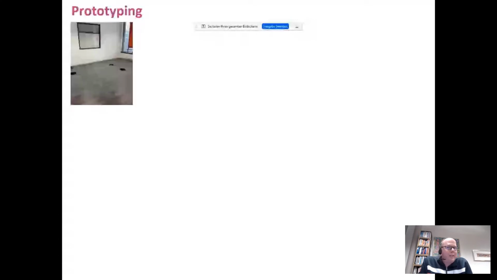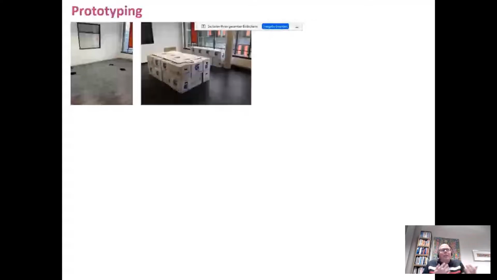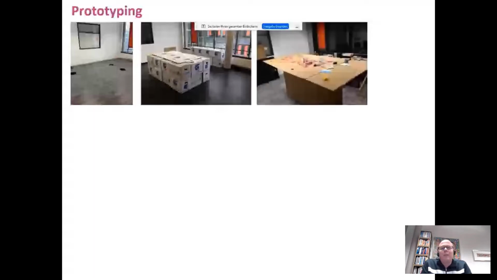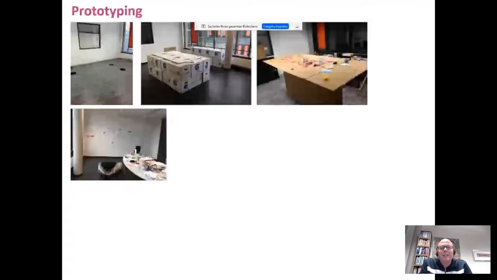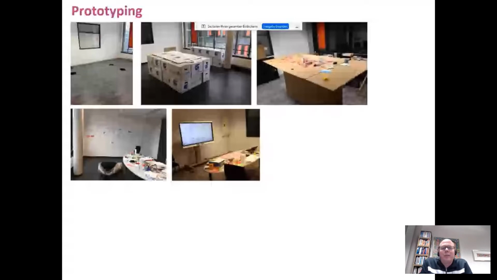So when we have a space that we want to transform, we're not just doing that on paper. We actually go into that space and think about what can we do. So you use cardboard boxes to get an idea of what should be the right dimensions. Then we improve the prototypes. Then we find some stuff that looks like it actually, and step by step we put in some technology in